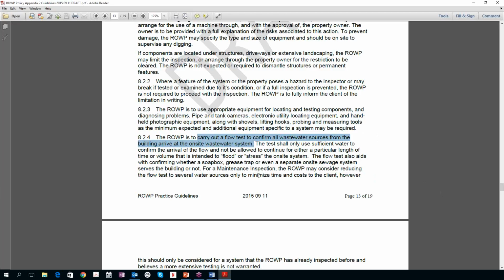So all of that is important, but you can see Ron Hines' influence here. It never really occurred to me that this would be a significant risk, overloading the system, but he points out that you can overload it during a flood test or a flow test and then actually cause a problem. So I'll just leave that for you to consider. My point is you've got to do flow testing both from the house to the tanks and from the tanks to the soil.